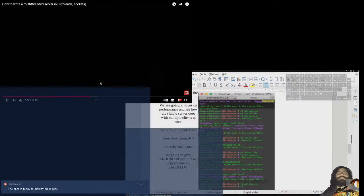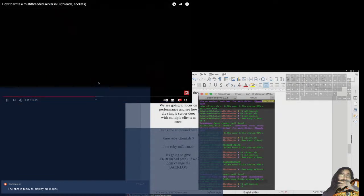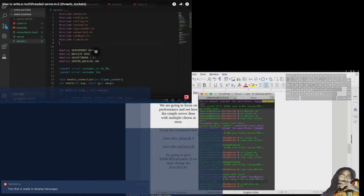Now, there are different ways that we could use threads in our server. I'm going to start out with the simplest and then follow up with some more complicated options in a future video. For today, where we are going to use threads is down here in this code that handles connections. I'm going to change this so that it handles connections in separate threads, so each connection will be in its own thread. And then, if connection handling can actually be done in parallel, we might get some speed up. So first, I need to